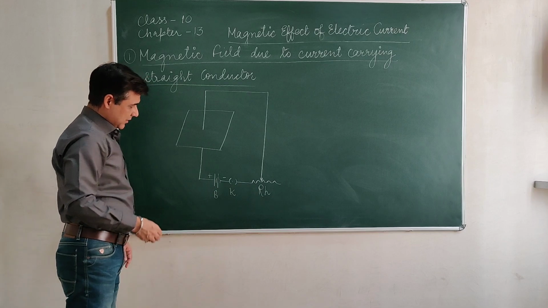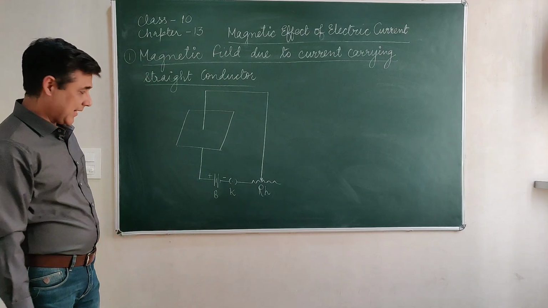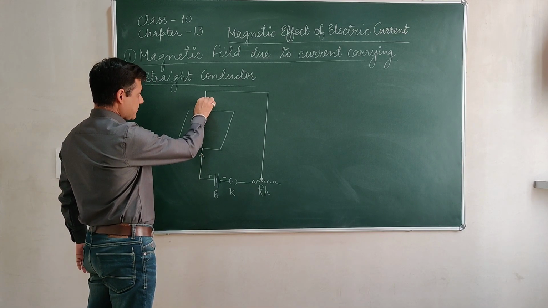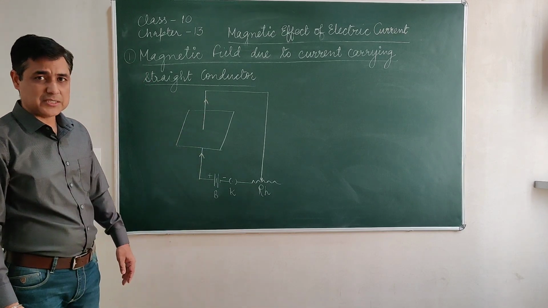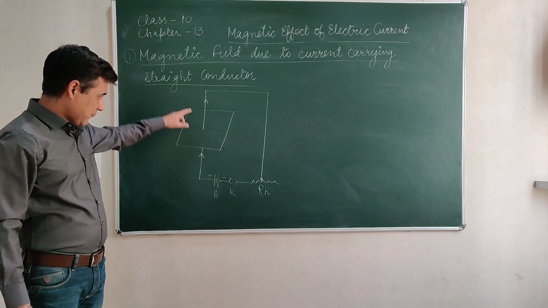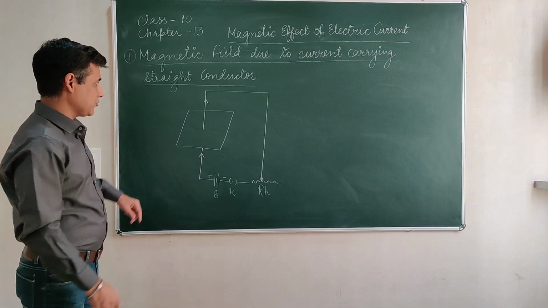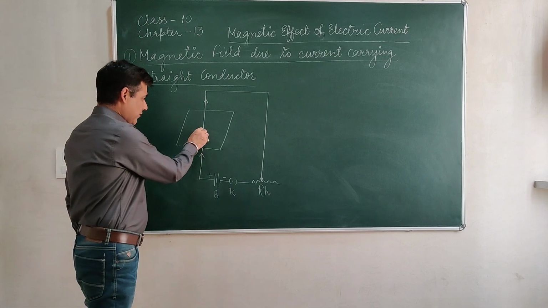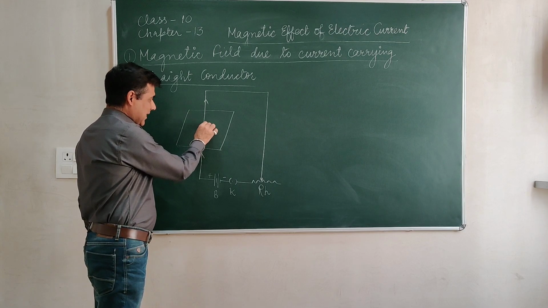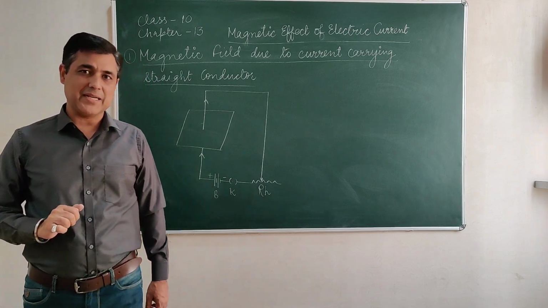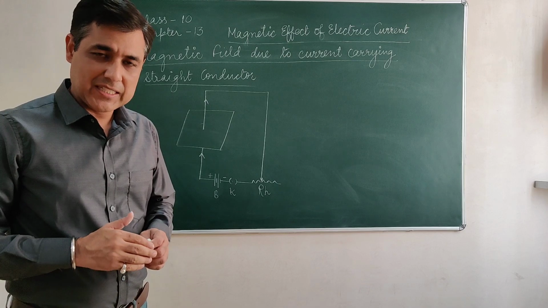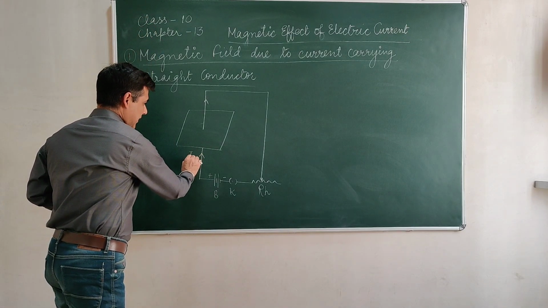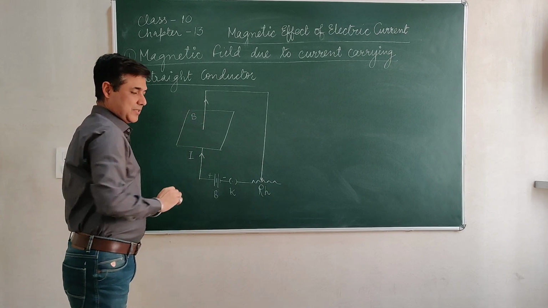Then according to the terminals of the battery, as you see in the diagram, there is a positive terminal and a negative terminal. The direction of current will be going across the cardboard, from the battery upwards. So when the direction of current is upward, at this particular point or above this cardboard, if you try to find out the magnetic field direction, as we discussed in the last section, we will be applying the right hand thumb rule because current is flowing through the conductor and magnetic field will be created around it.